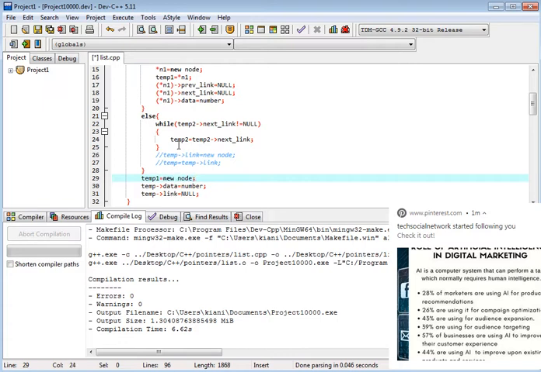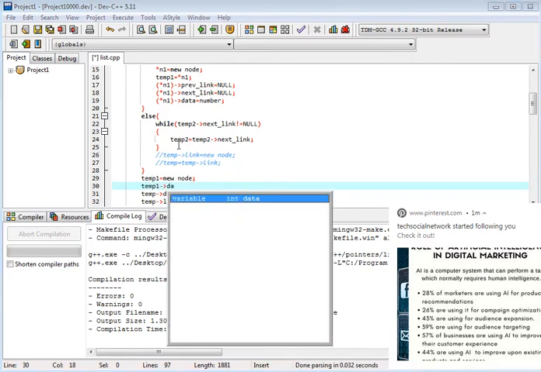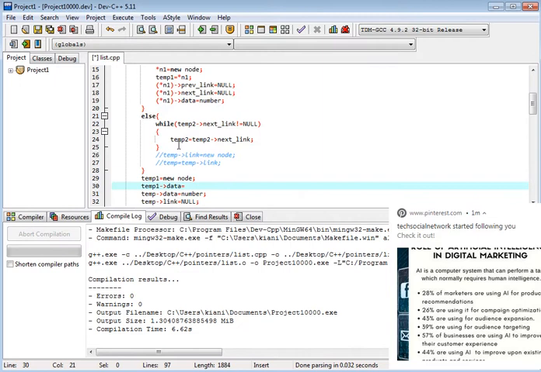Okay, and temp1 data is equal to number.